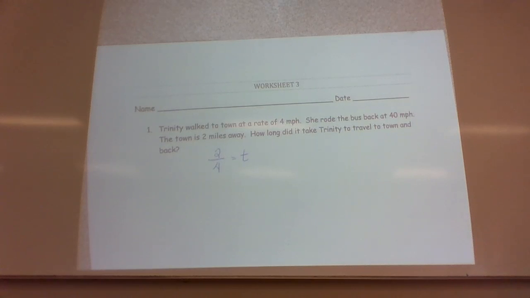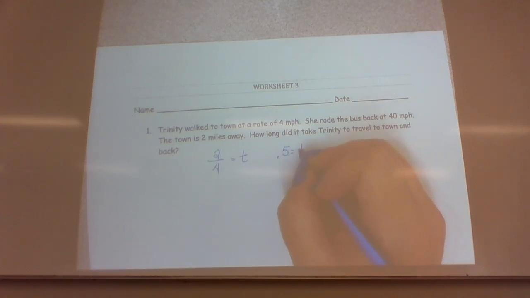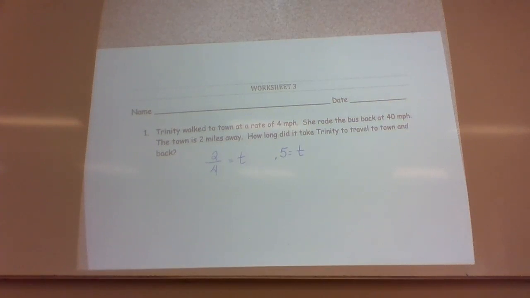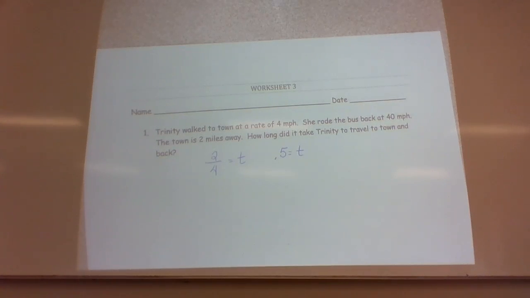And if I divide 2 by 4, I get 0.5 equals t. But she rode the bus back at 40 miles per hour. So this is